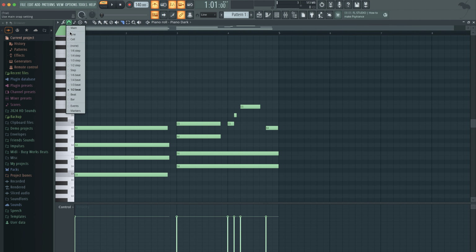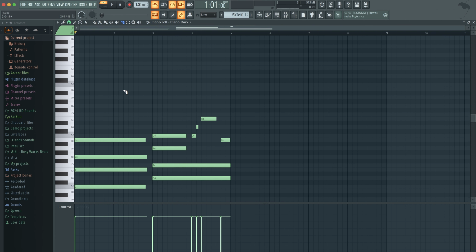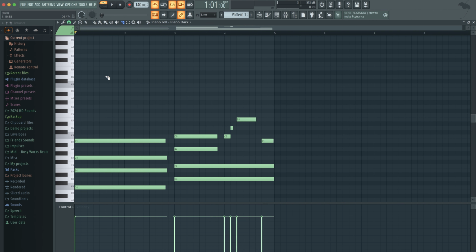If you're at lower BPMs and you have to slice your grid up to this, it's going to be very difficult to add notes because there are so many microscopic little places that you could add a note. So I would recommend for beginners, use higher tempos and then change your snap to grid to snap 1/2 beat. Trust me, over time, it'll make stuff a lot easier. Whenever your snap to grid is 2, you could hit Control Q to quantize it to that specific snap to grid. That's the difference between Alt Q and Control Q. You don't need to memorize that though.